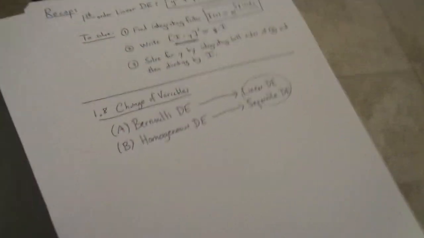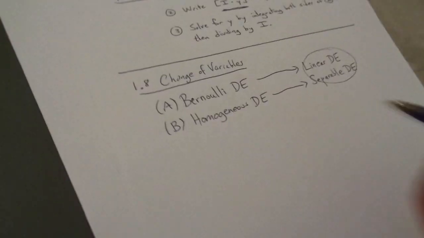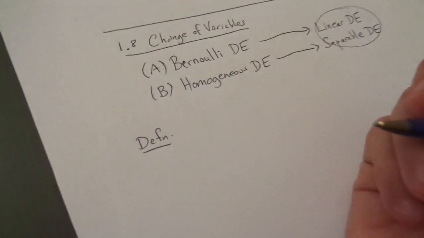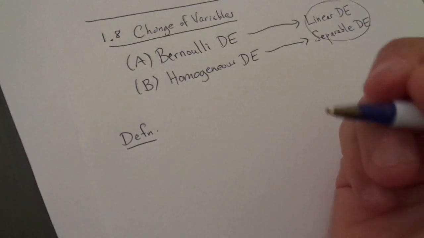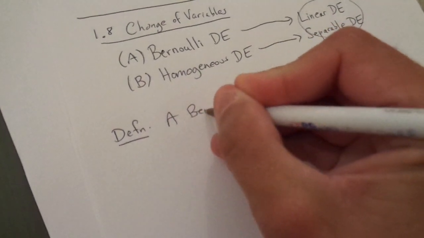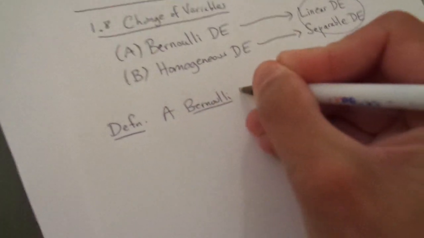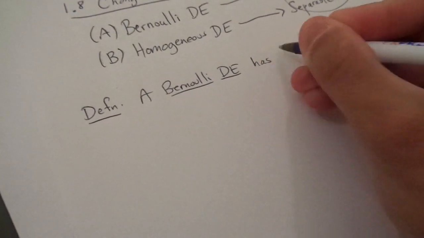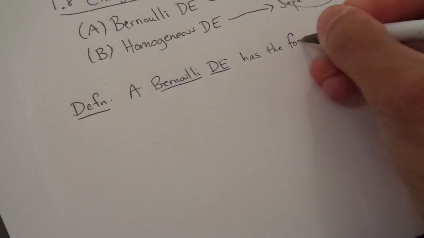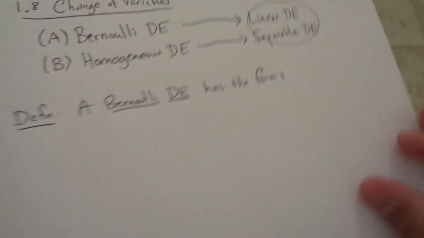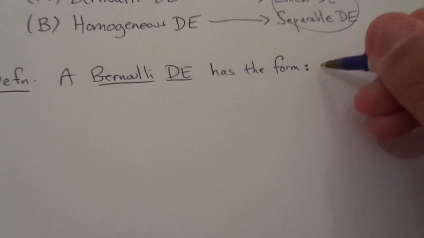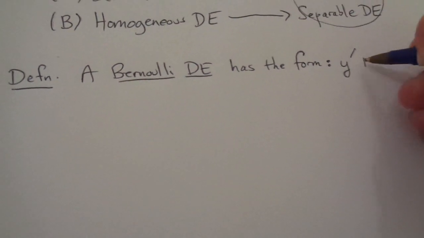Let's start getting into the specifics of this now. I'm going to move this camera over here, see if this works a little better for me. So I'm going to start with the definition of a Bernoulli differential equation. The very important key is to look at the form of a Bernoulli differential equation. It has the form, let's write it down, y prime plus p of x times y equals,